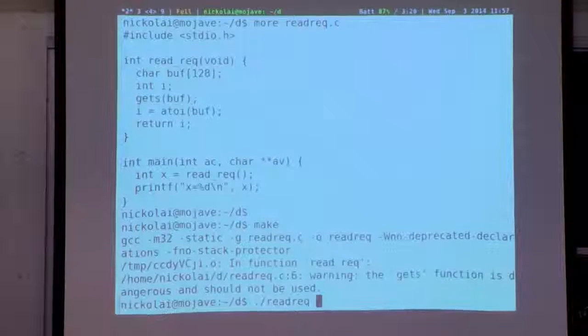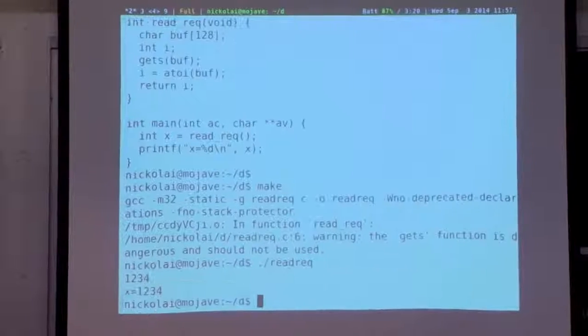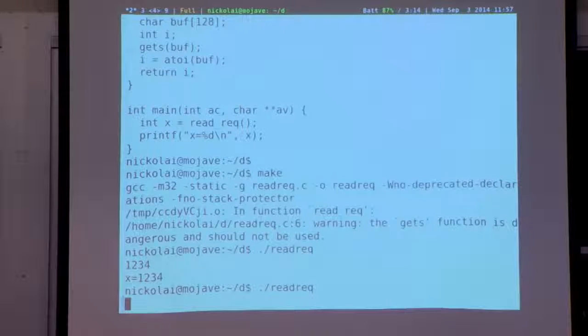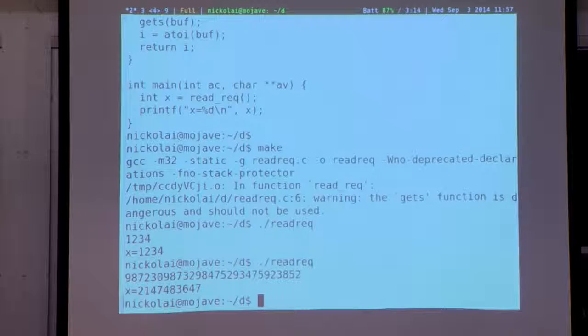So OK, I run this redirect function. I provide some input, and it works. Let's see if I provide large inputs. If I type in some large number, at least it gives me some large number. It basically maxes out at 2 to the 31 and prints that and doesn't go any higher. So that's maybe not disastrous. You provided a ridiculously large number, you got something that didn't quite work. So there's not quite a problem yet.